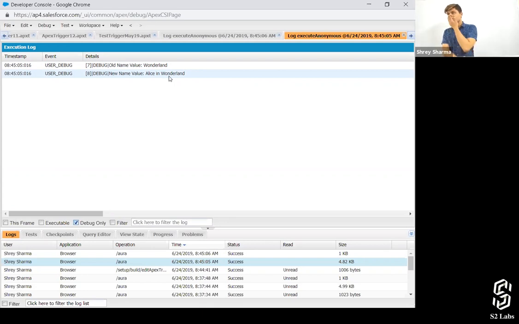The earlier value is going to go. Now let's say what you're doing is changing the number of employees, not the name. So the name is Alice in Wonderland, and now you're updating the number of employees. Earlier the number of employees was 1250, now you're making it 15,000. So the name value in old as well as in new will remain the same, Alice in Wonderland. But if you change the name from Alice in Wonderland to Imagica, then in the old you'll have Alice in Wonderland, and in the new you'll have Imagica. That's what it is.